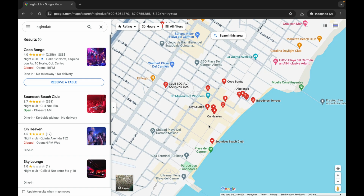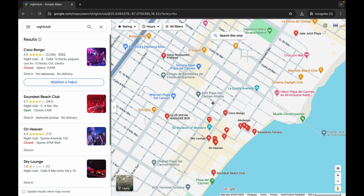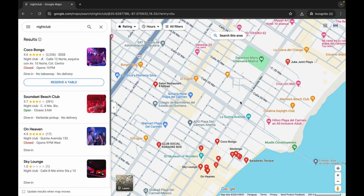And by the way, it's not just nightclubs. A restaurant bar could easily have a live band, and that'll keep you up. Or just play music anyway, and that'll keep you up. So just something to keep in mind is noise is really important. I try to stay about a 10-minute walk from the action, but not too close to the action. And so the best way to do that I've found